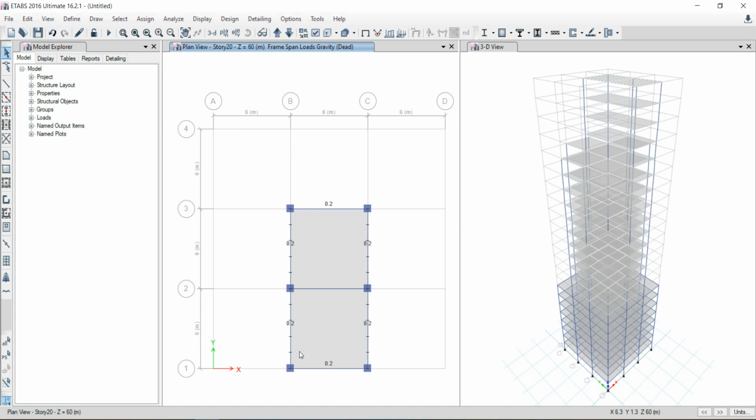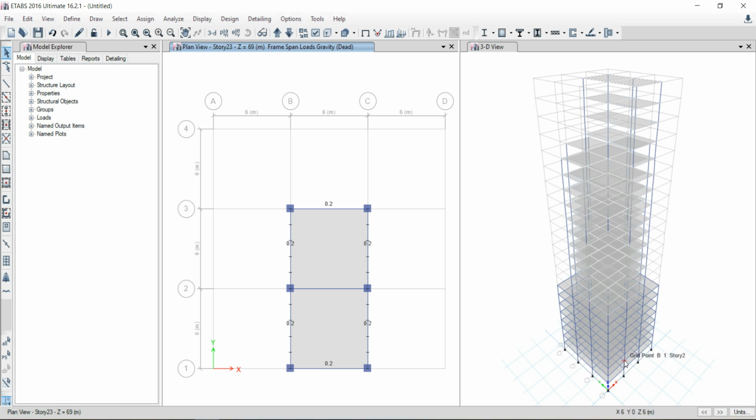So we have added the cladding loads, but the cladding load won't be applicable for the top story as there won't be any wall on the top story. So we'll go to the top story, that is story 23, using the arrow key.